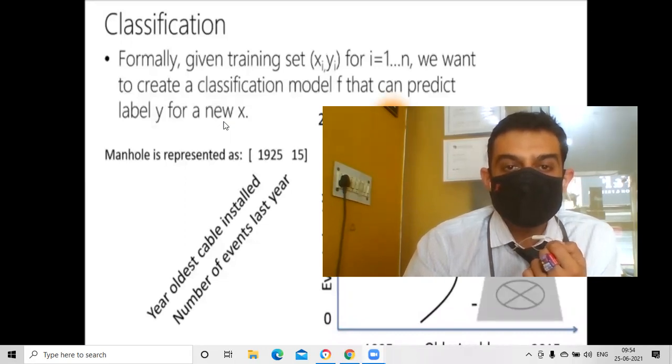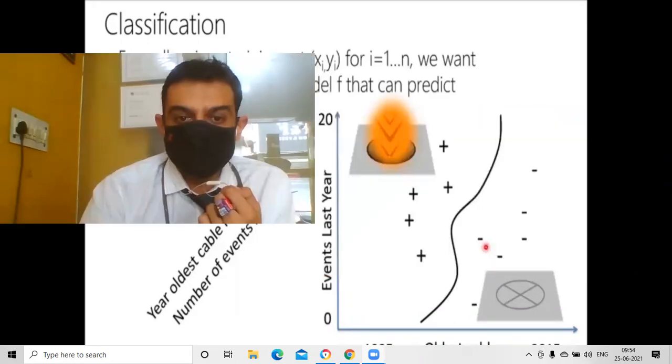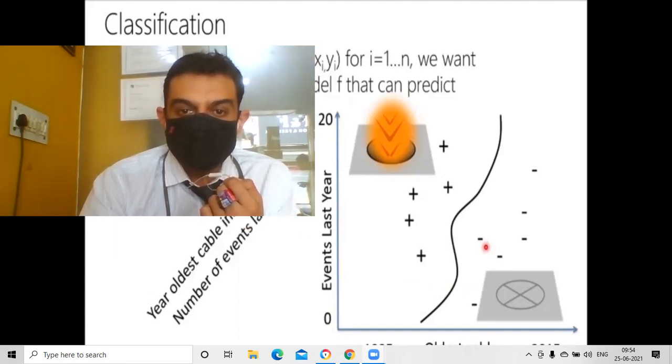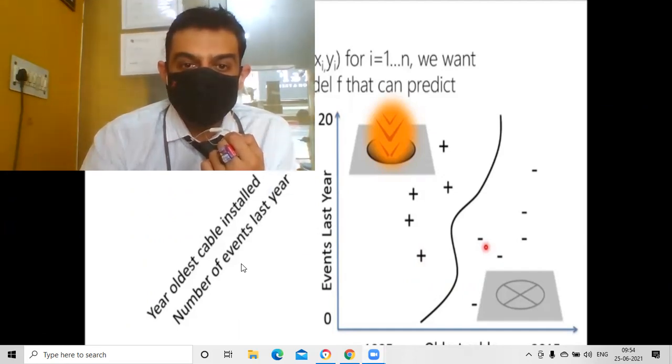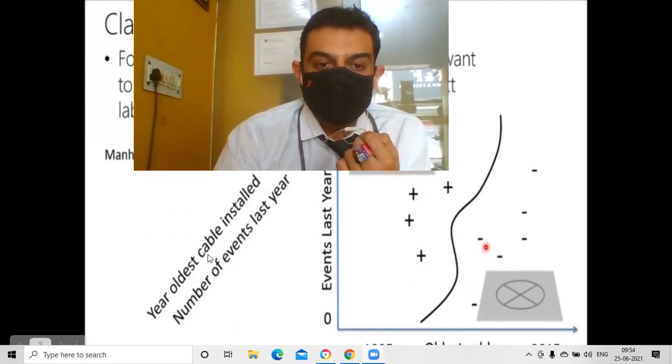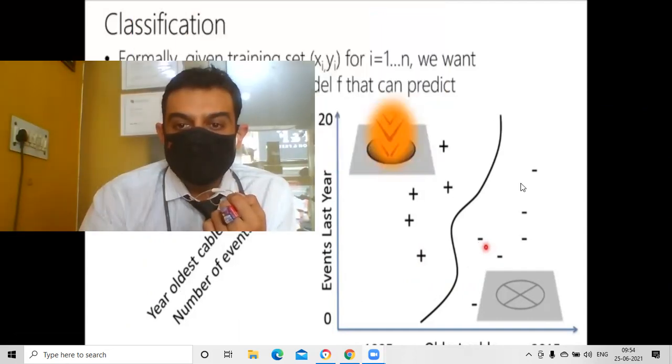In classification, basically we build a model and we have to predict label Y based on the features X. So this is an old example of manholes, predicting events in manholes, explosion of manholes. These are the two features for the manhole: the year in which the cable was installed and the number of events that happened. So we have plotted this and we have got